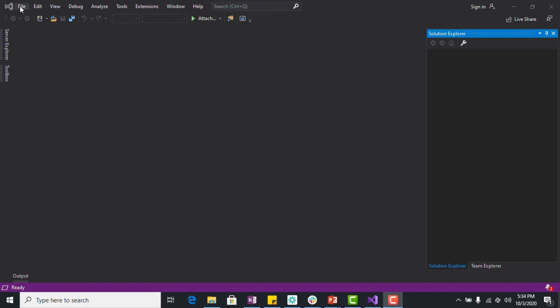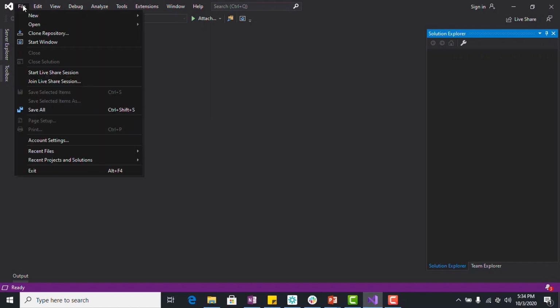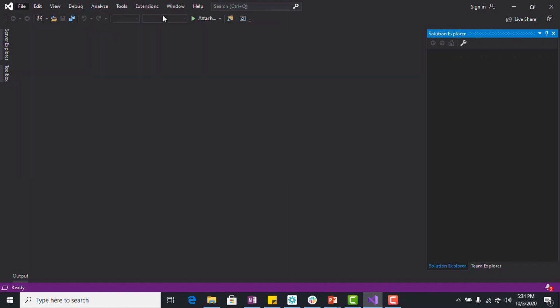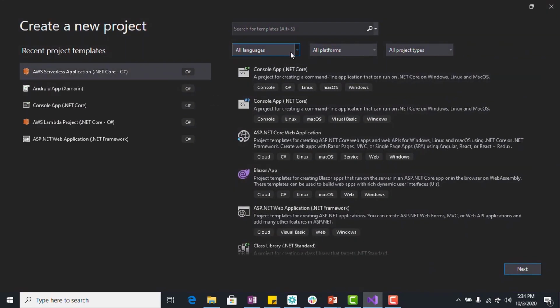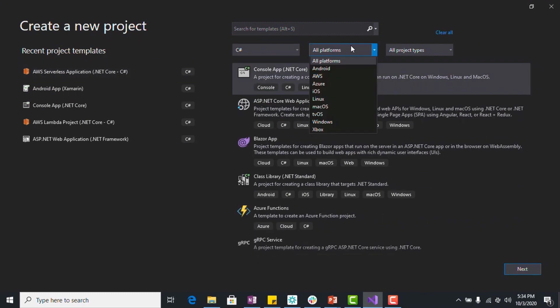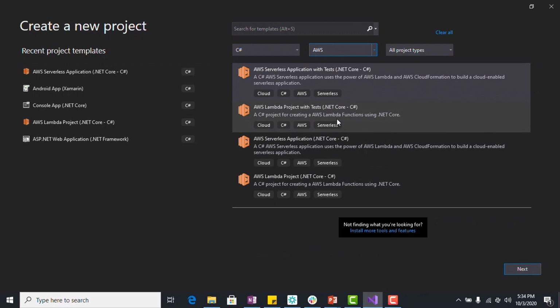Now, let's create a .NET Core project and deploy it using SAM. In Visual Studio, use File, select New, and click on Project to open a new project dialog box. Under the Web Project node, select AWS Lambda and the AWS Serverless Application .NET Core template.